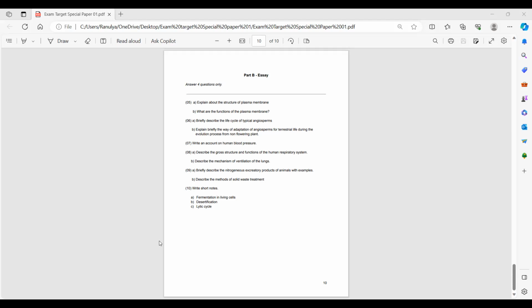Oh, sorry. Okay, I'll repeat in English. This is for practicing essay questions. For example, I gave you a marking scheme for the plasma membrane. Now let's say the question is to explain the structure of the plasma membrane. What you have to do is write down that question and write down that marking scheme properly. After that, you wrote that marking scheme in the morning. Today evening or before going to bed,